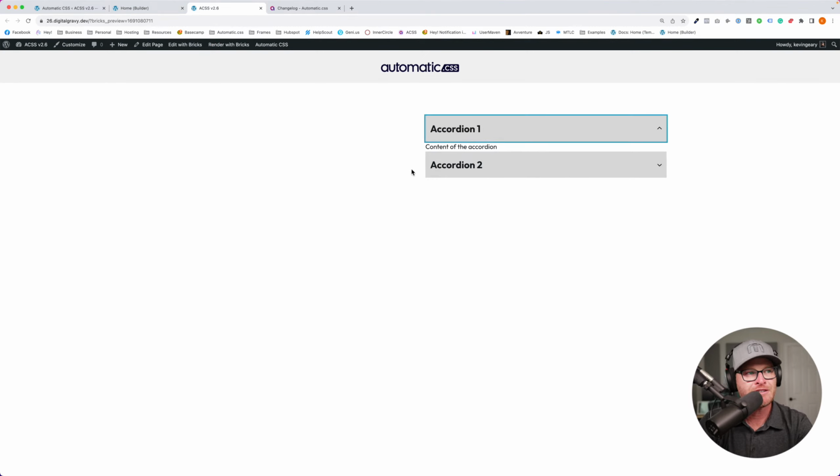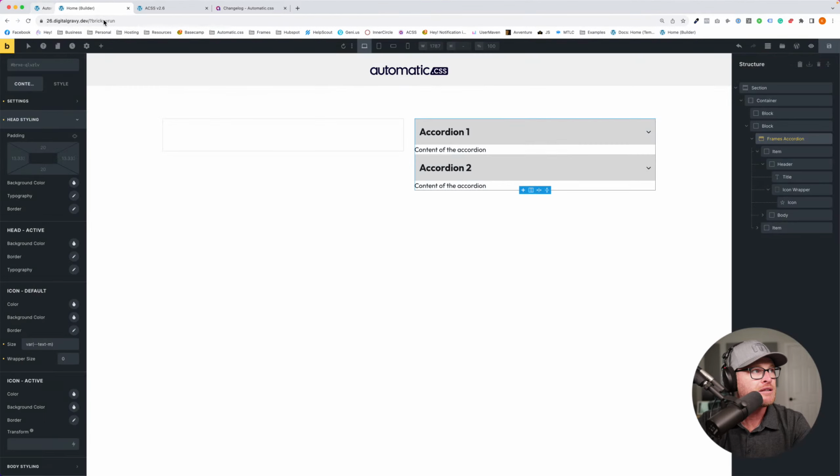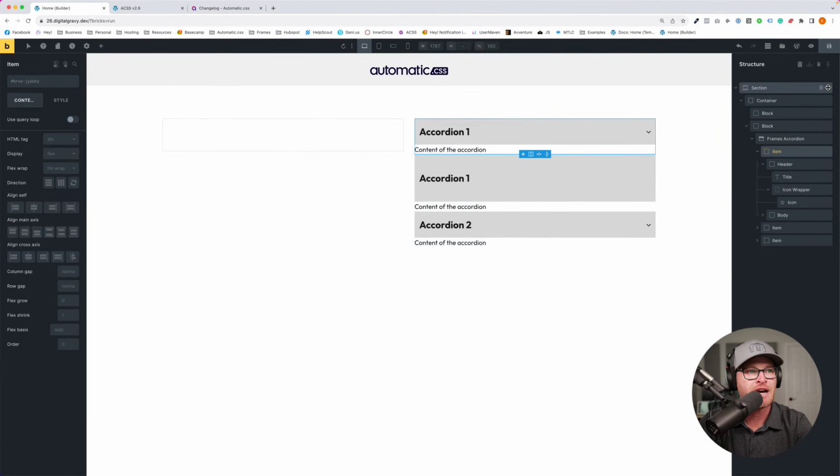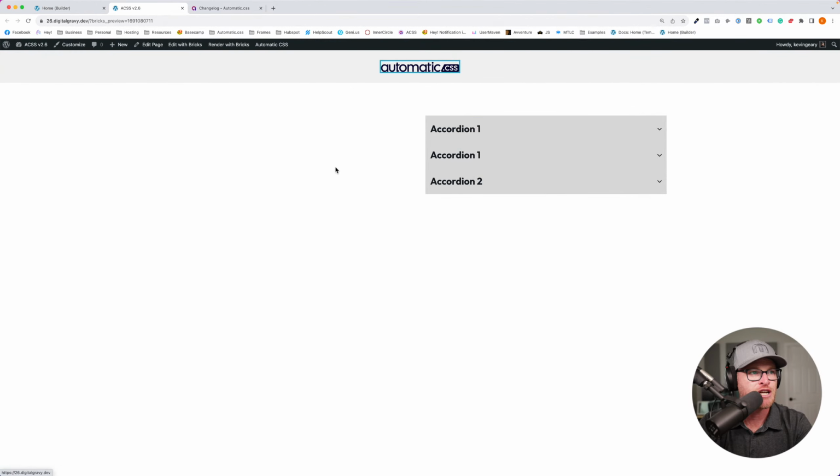Actually, okay, oh, I need a third one so that we can have two close at the same time. Let's get rid of that. Let's add an accordion item. All right, save, refresh. Let's check this out. Okay, so outline and box shadow still have a similar focus problem when there's elements touching. The bottom of this second element is on top of the focus of the element before it. There's really no way I know of to solve that.